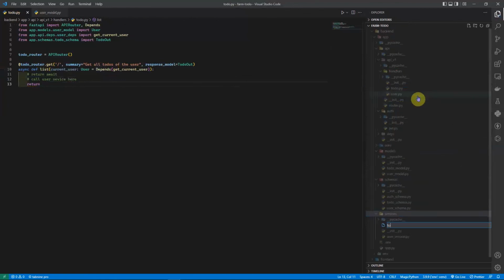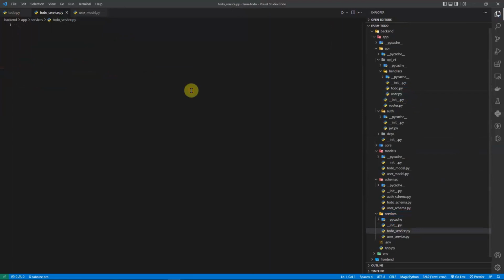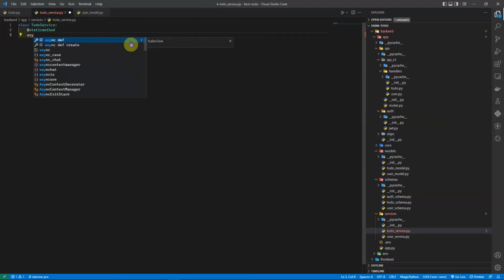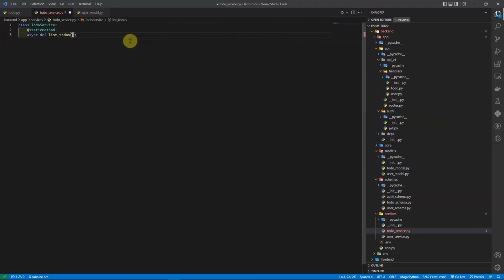So new file, to do service.py, and then if I go to this file, I can just have a class ToDoService, and then add static method, and define list to do's, and then this is going to take the current user, which is a user instance,